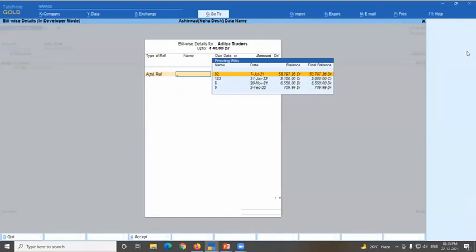In against reference, you can see the invoice is showing on 31st January, not on 5th February. It means Tally is considering the date for outstanding and for interest calculation from the effective date, not from the voucher date. This is the best feature of Tally you have to learn.